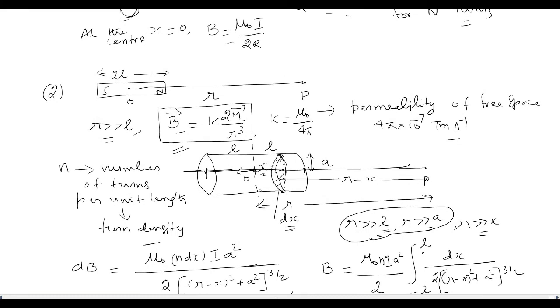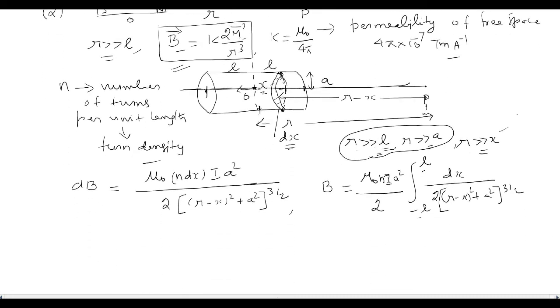R is all the way from here to here. So automatically it also will mean R is very much greater than X. So when R is very much greater than X, the things which are inside this bracket can simply be R. Therefore, B is equal to mu naught n I A squared by 2